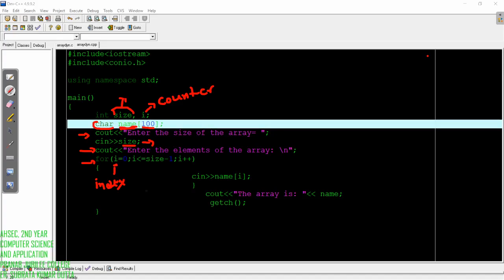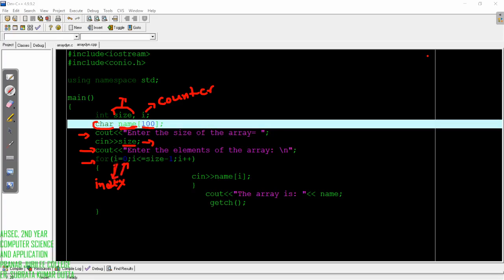We know that the index value of an array always starts from 0. That's why the starting value of I we have given is 0. Understood why it is 0? An array index always starts from 0, and I is representing the index value.